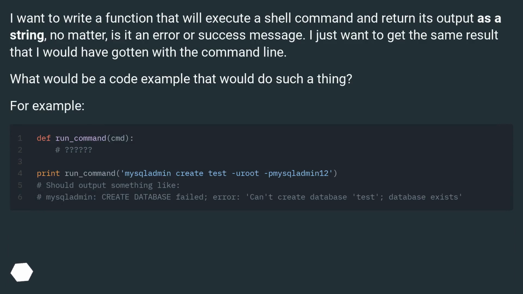I want to write a function that will execute a shell command and return its output as a string, no matter if it is an error or success message. I just want to get the same result that I would have gotten with the command line. What would be a code example that would do such a thing? For example,